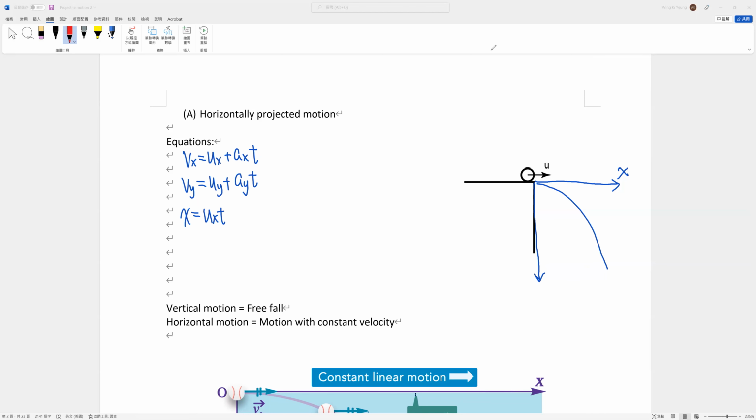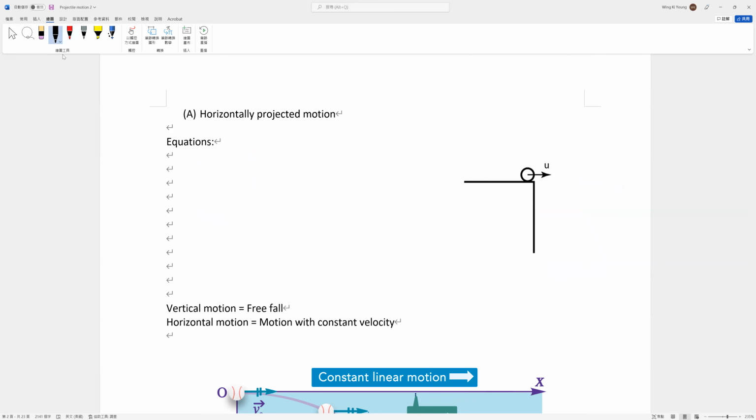Just a second. I want to write on the web file. Why am I so silly? Why didn't I copy and paste? Forget it. Okay, these 4 equations are coming